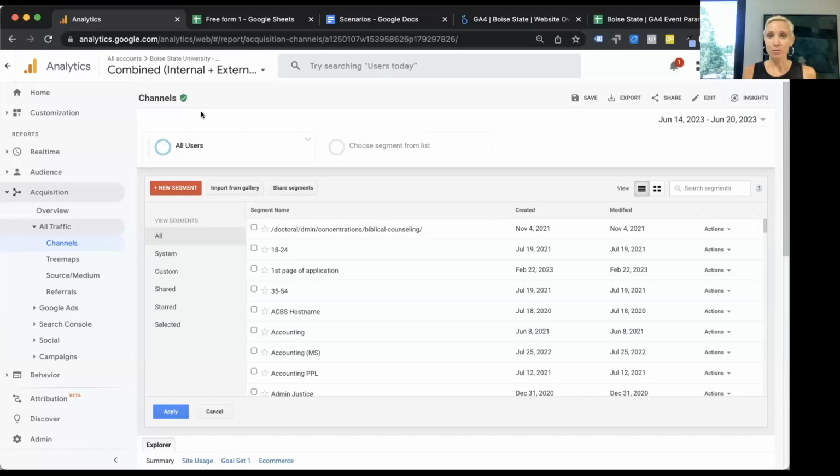So that's another reason why exploration reports might be better off if you're isolating data to a certain unit. I hope that GA4 changes that and makes it persist, because that's the way it worked in Universal Analytics. I don't know why they would make us redo all that work, but it's good to know, because if you're looking at data and you see crazy numbers, that could explain why.